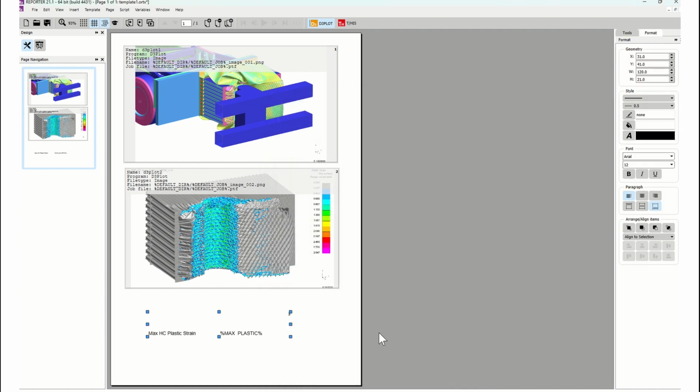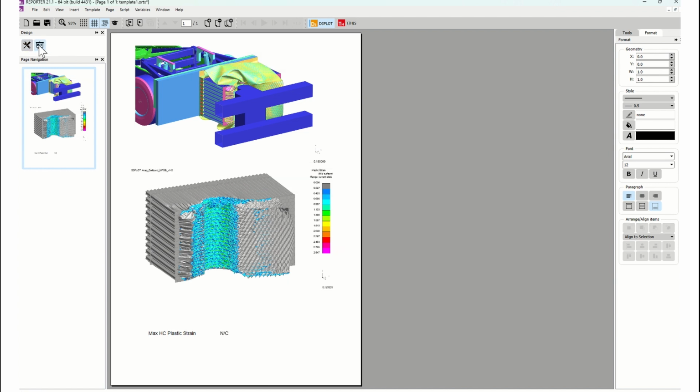I can click on OK. So I'm currently under design view. If I now go into presentation view,